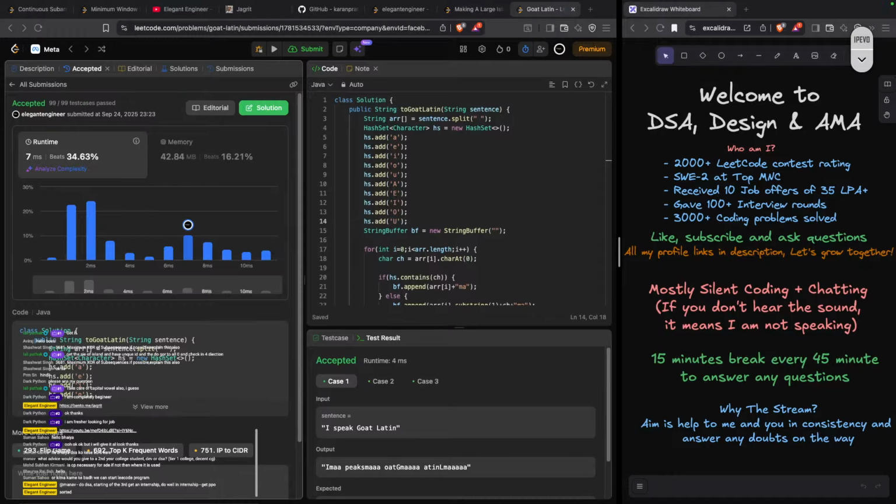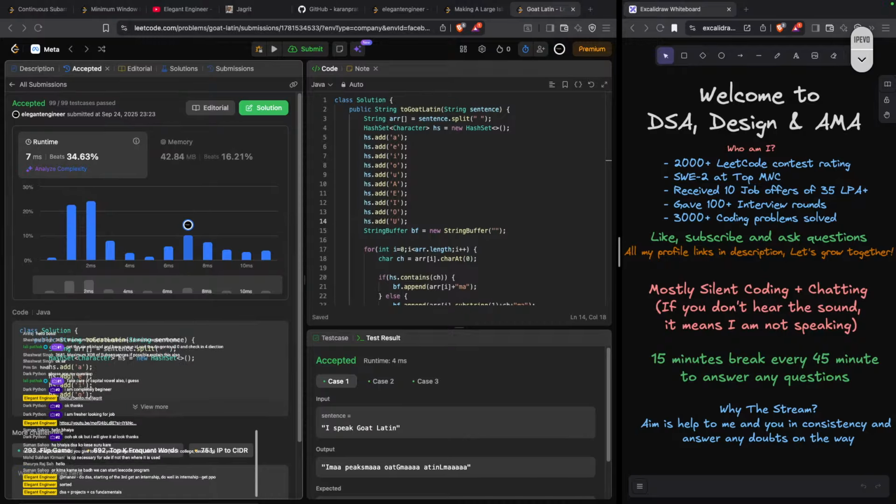Dev is not important, bro. Dev you will do on the job. See, your projects anyway you have to make, but the order should be like this: DSA plus projects plus CS fundamentals, in that order, right? That's how I would do it. If someone would have given me advice, I would have done that way. Again, it's all my opinion, bro. Everything that I say on this channel is on my own, right?